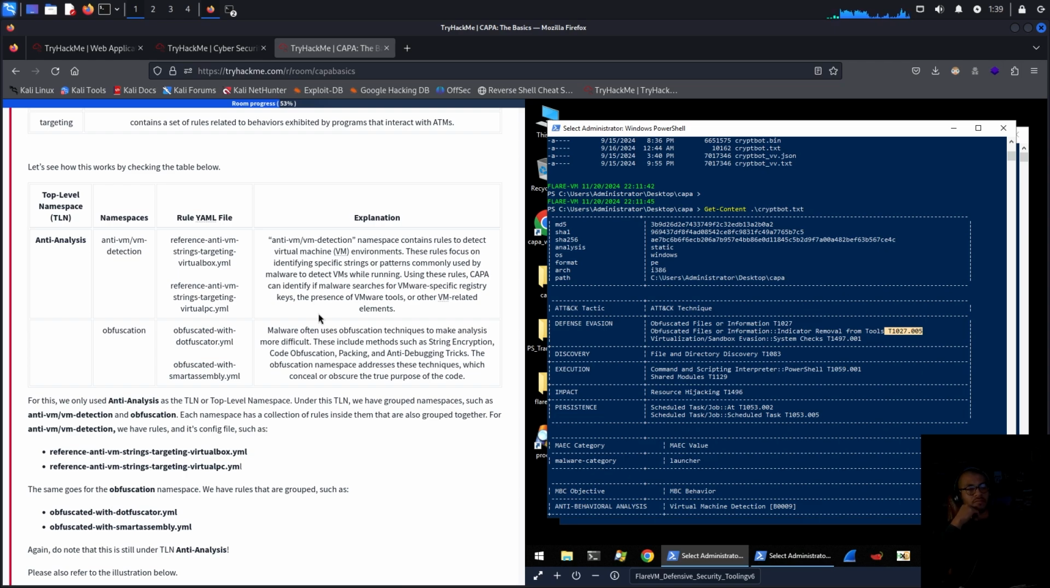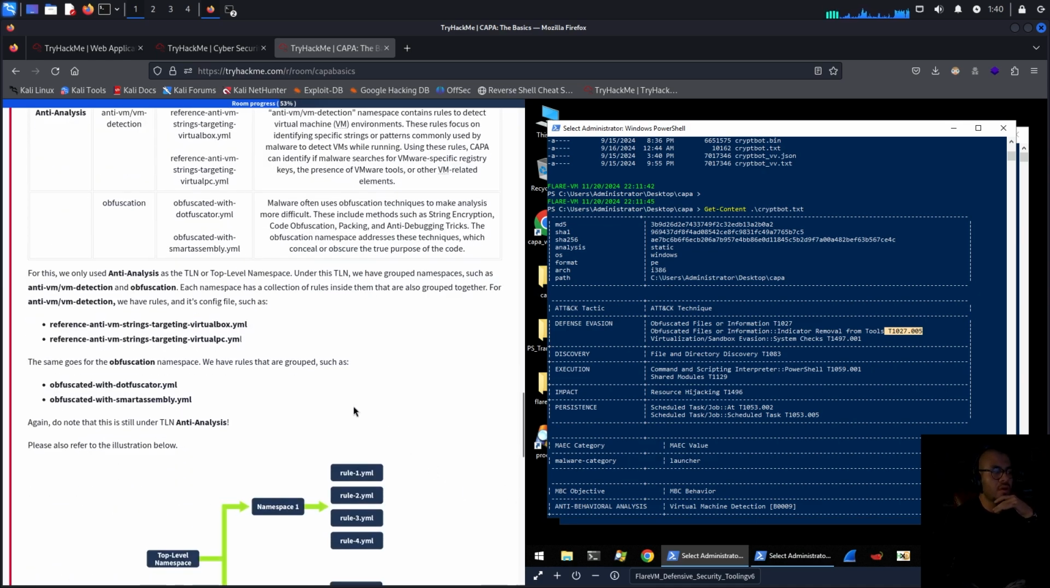Malware often uses obfuscation techniques to make analysis more difficult. These include methods such as string encryption, code obfuscation, packing and anti-debugging tricks. The obfuscation namespace addresses these techniques, which conceal or obscure the true purpose of the code. So for this, we only used anti-analysis as the TLN or top-level namespace. Under this TLN, we have group namespaces such as anti-VM, VM detection, and obfuscation. Each namespace has a collection of rules inside them that are also grouped together. For anti-VM and VM detection, we have rules and config files such as